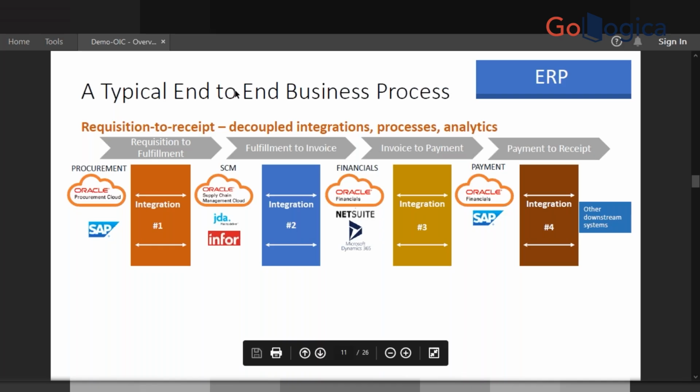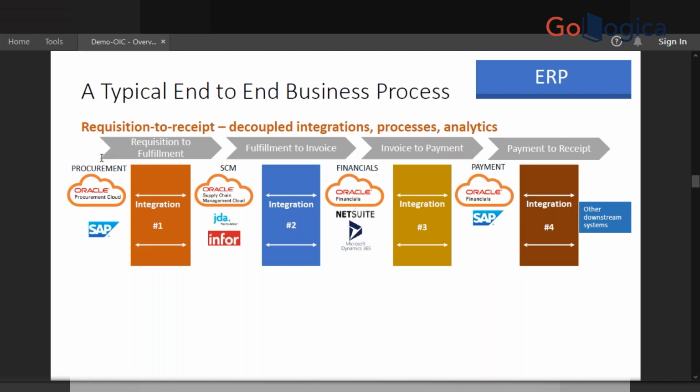This is the typical end-to-end business flow that you will see. You will have requisition to fulfillment. Once you get your requisition, you ask for a quote from the supplier. That kind of process is done in Oracle Procurement Cloud. Once that fulfillment is there, it can go up to your purchase order. Once you get your purchase order, then invoice to payment to receipt,